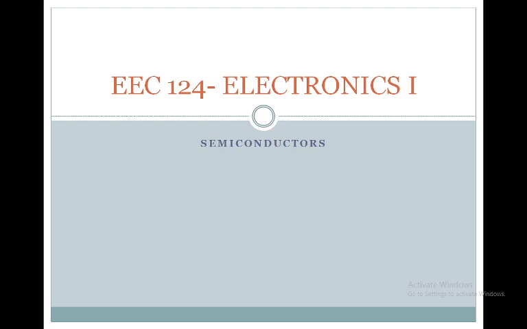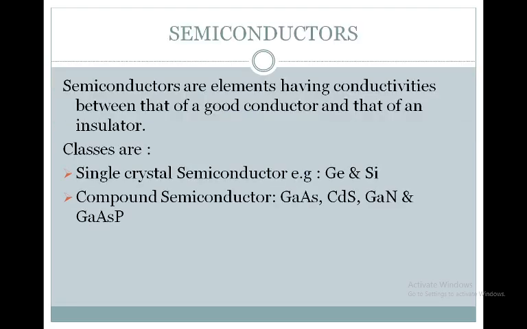We recall last class that we have classified materials as insulators, conductors, and semiconductors. It's important that we do not forget those distinctions between the materials. As I said earlier, we'll be dwelling on semiconductors. So semiconductor materials are elements having conductivity between that of a good conductor and that of an insulator. So remember that